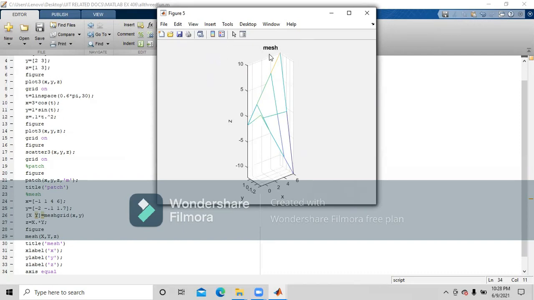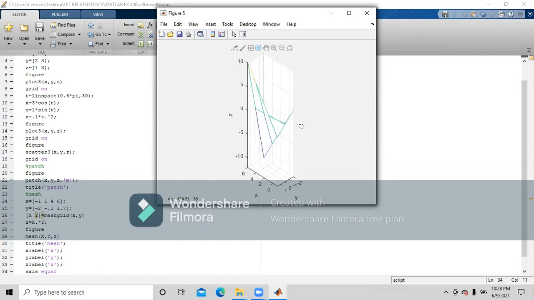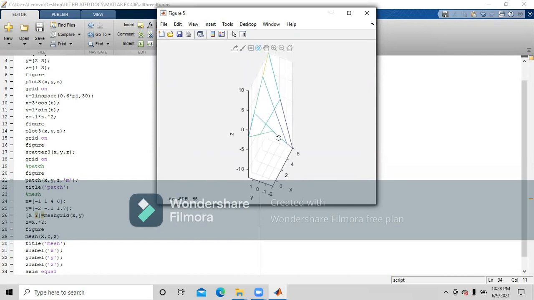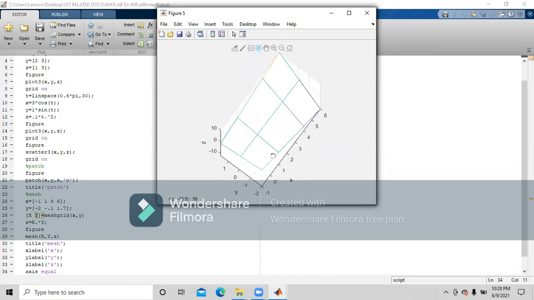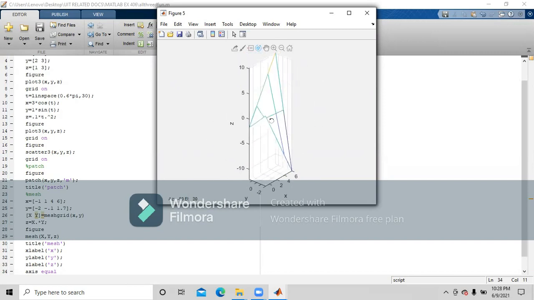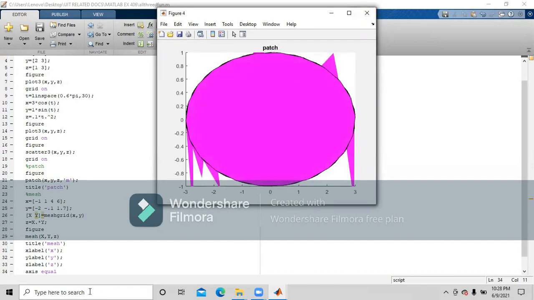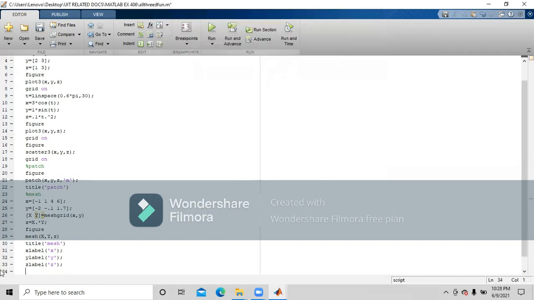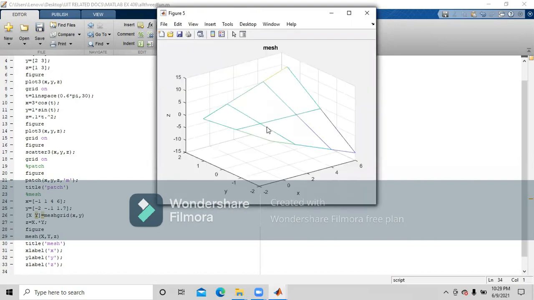Okay, so it is going to give you something like this. You can see the difference if I remove this command and we run it. That was the result.